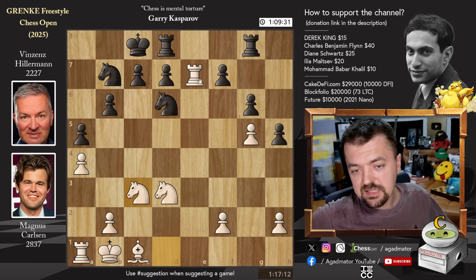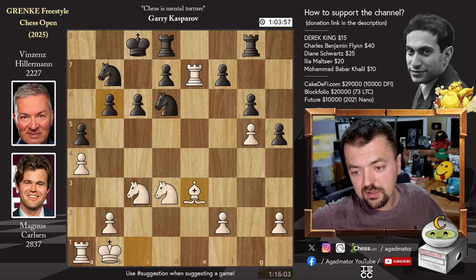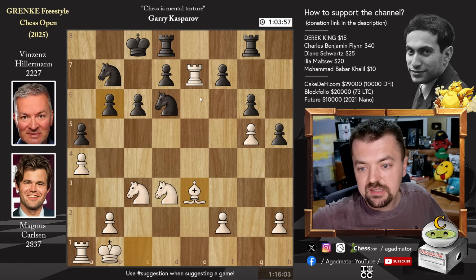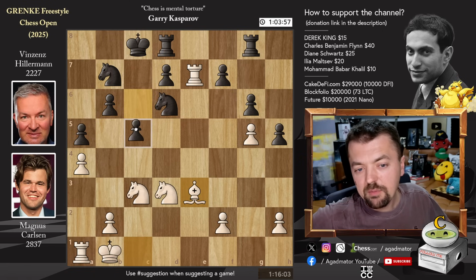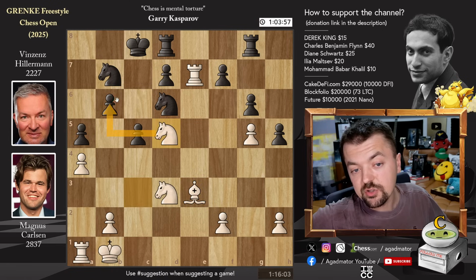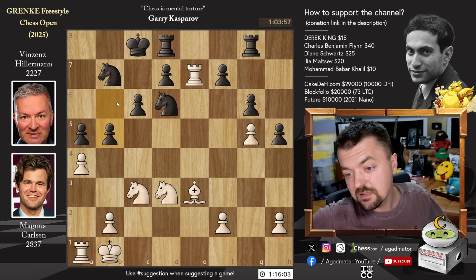Magnus develops knight c3, we have pawn to c6, and bishop to e3, putting pressure on the b6 pawn, and there isn't all that much Vincent can do here. If you play pawn to c5 to limit the power of the bishop, knight d5 is just, I mean, game over. If after bishop to e3 you play pawn to b5, it doesn't really help you all that